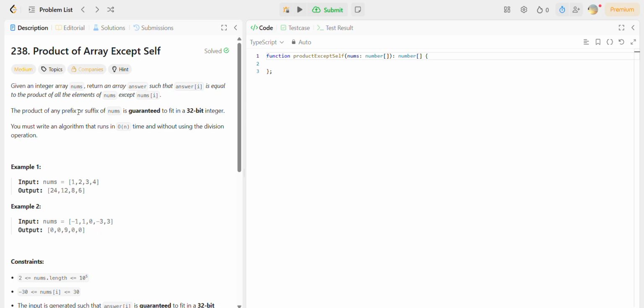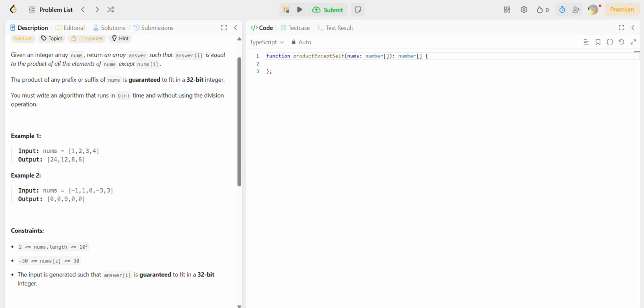The product of any prefix or suffix of nums is guaranteed to fit in a 32-bit integer. You must write an algorithm that runs in O(n) time, without using the division operation. I mean, if you can't use the division, then what is it that you would use? This is an interesting one,